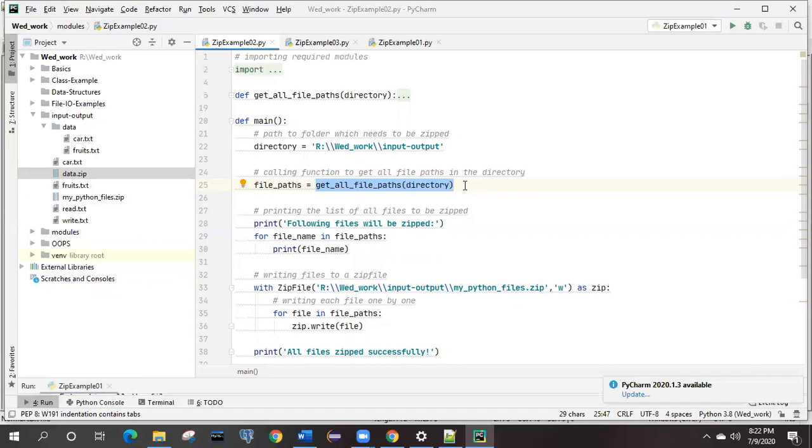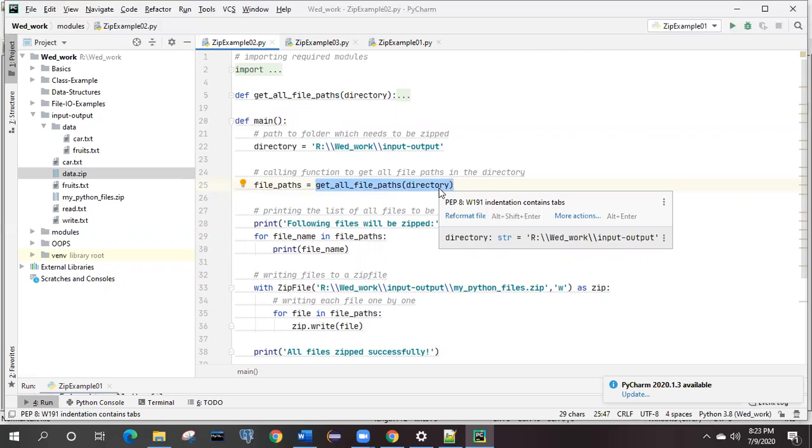Why? Because the same work we can do with the get all file path method, the highlighted method. The same thing we could write as the whole code over here, inside the single method only, right? But it will be lengthy, and for reading it will be confusing, because if it has more than 50 lines of code, you will skip reading it.